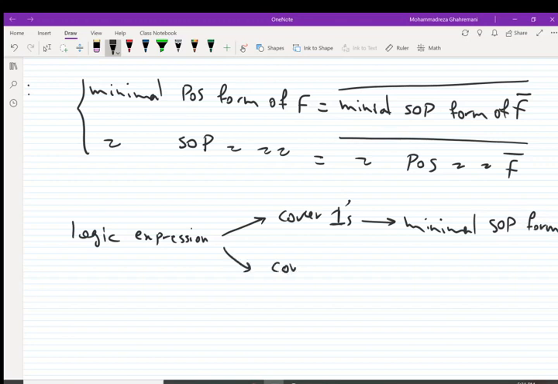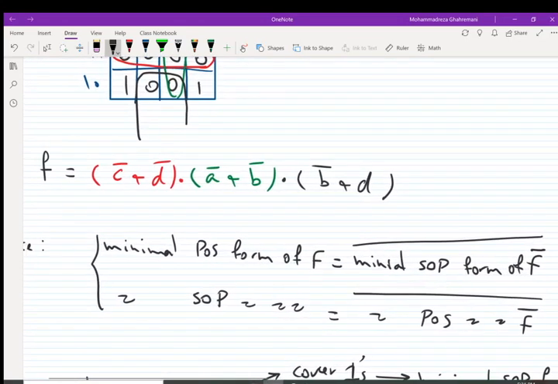If we cover zeros, we will have minimal product of sum form. Okay, so this one is the solution. For example, in this example,